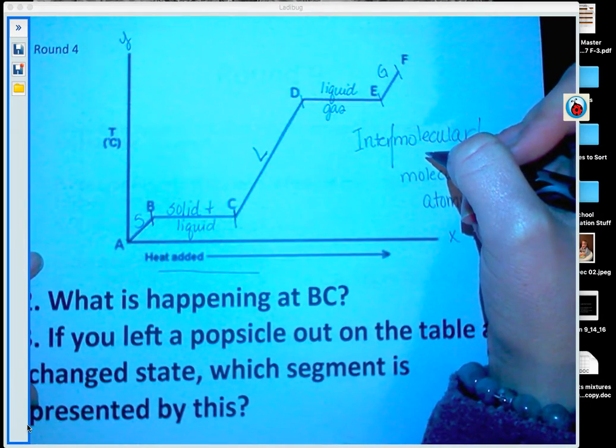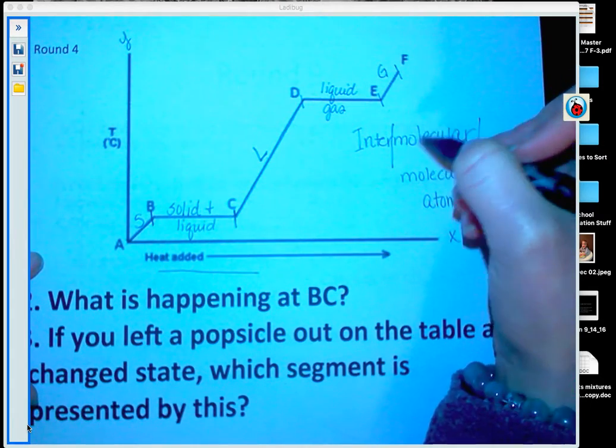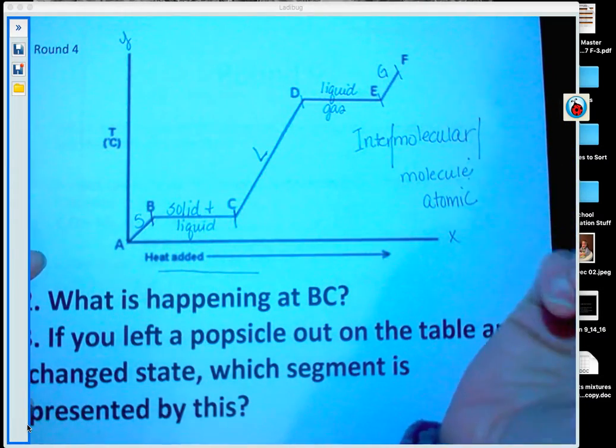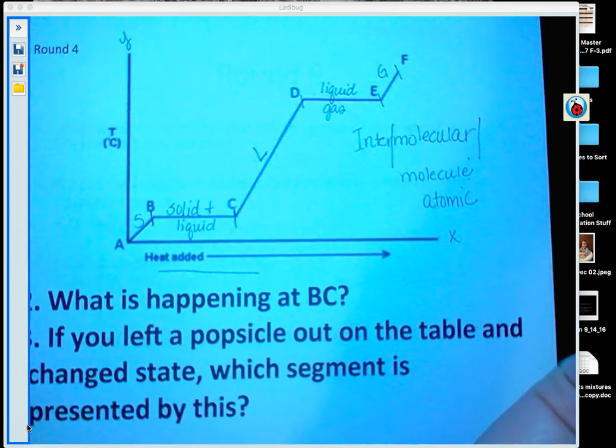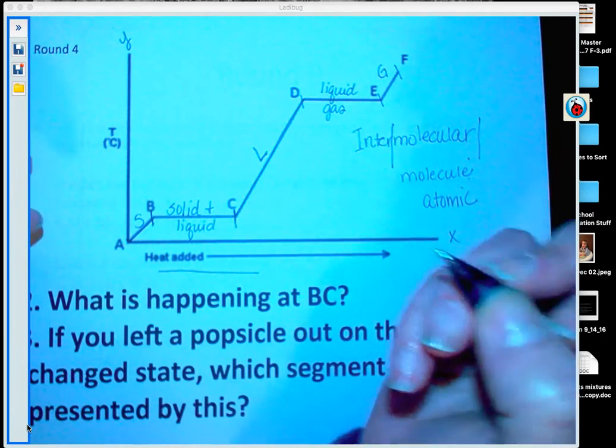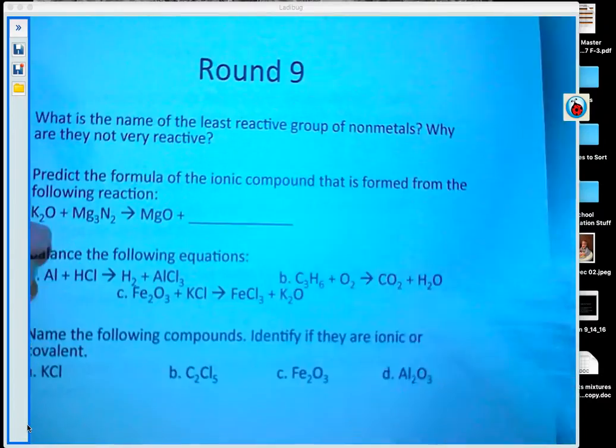Intermission would be in between the acts of a play. So intermolecular is in between your molecules. So the question, I have no idea what the question was actually about. I'm going to guess and say, based on what we talked about in our meeting, it probably has something to do with the fact that